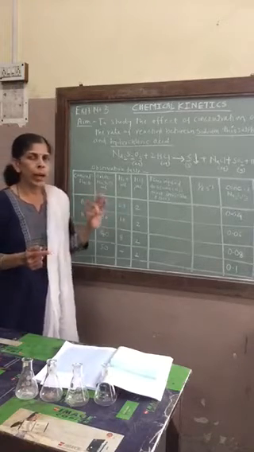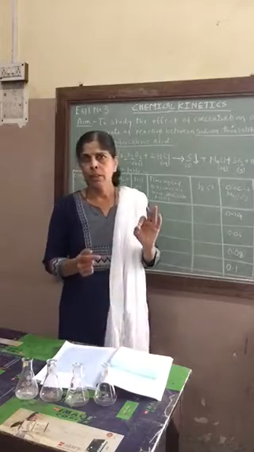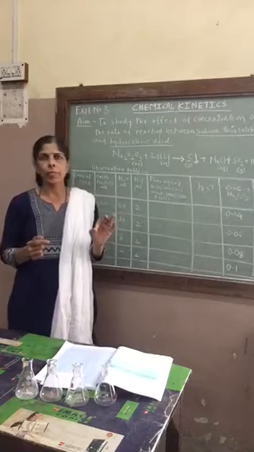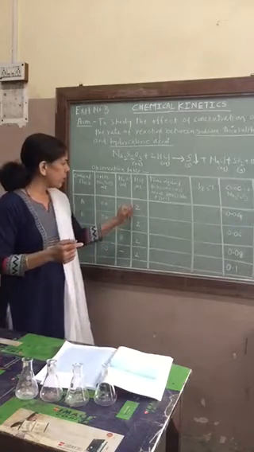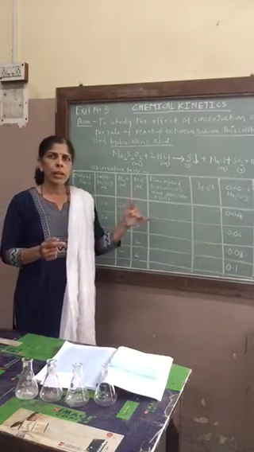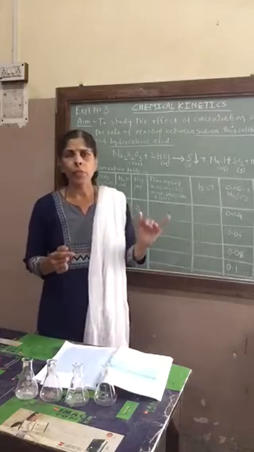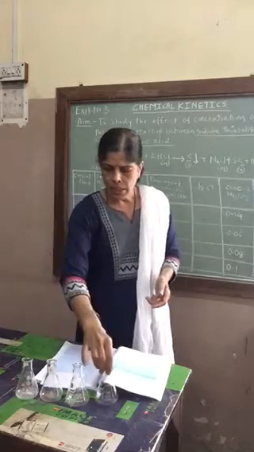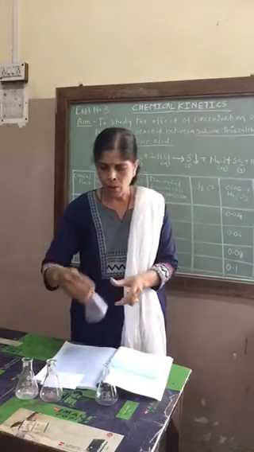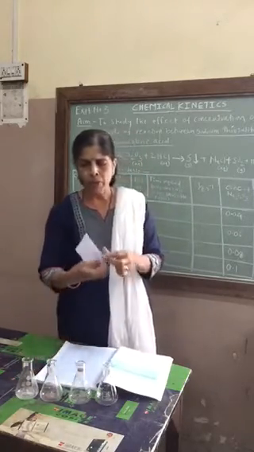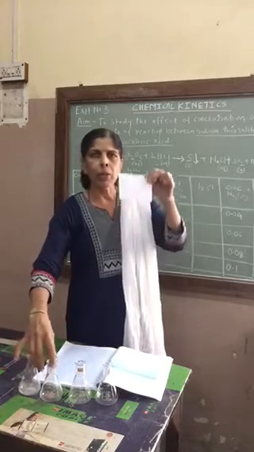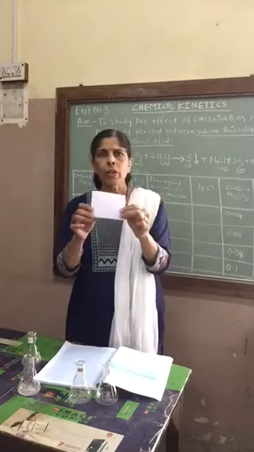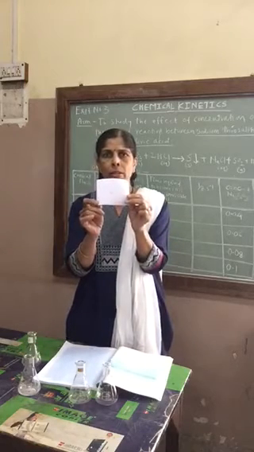So HCl is to be added at the last moment. Okay, HCl you are not going to add yet and keep the flasks ready. In each flask HCl you are going to add 2 ml. Then you are going to start the next part of the experiment. Okay, then after adding HCl to conical flask, then what you have to do? One paper will be given to you. Okay, on that paper one cross mark will be there like this.